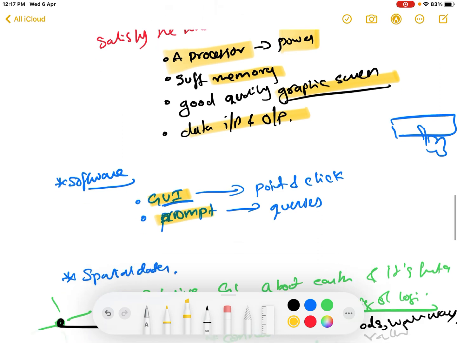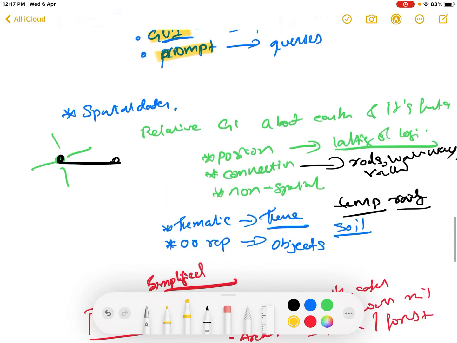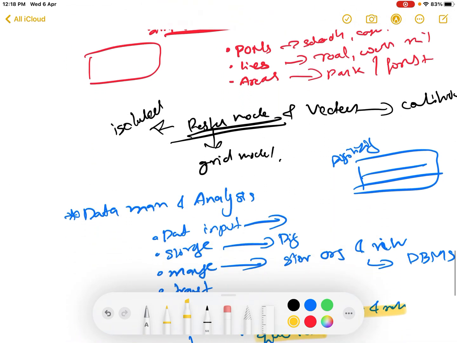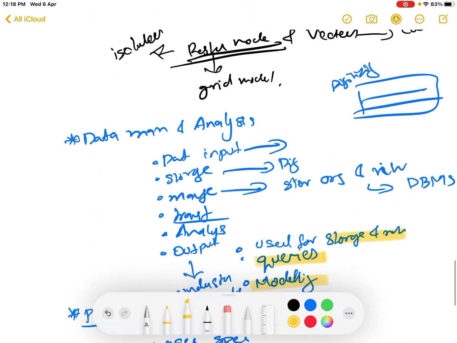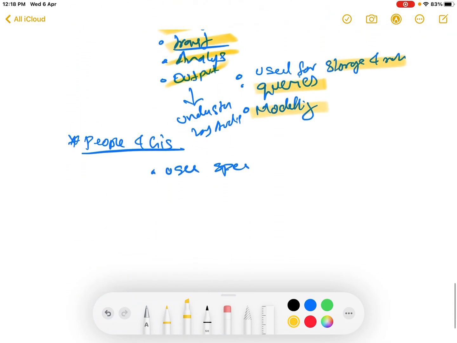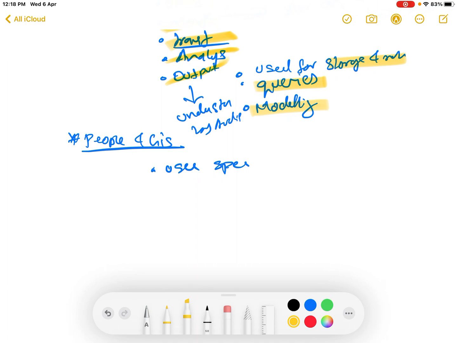Then we studied user interfaces, the graphical user interface or the command prompt interface. Then we studied spatial data, which includes position, connections and non-spatial entities. It can be represented in two ways, the thematic way or the object-oriented representation. And we studied data management and analysis, in which we have data input, storage, management, transformation, analysis and